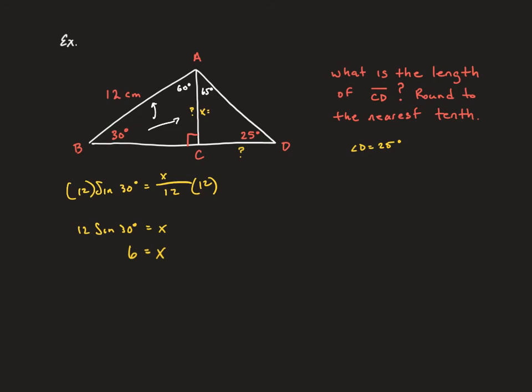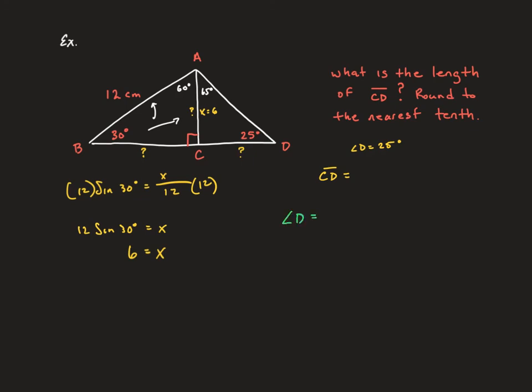So this is going to be 6. Well, now I'm getting closer to being able to figure some stuff out, because I could use the Pythagorean theorem here to figure out this missing value, but I don't need that missing value. I'm looking for segment CD, and I know that that is going to be, if I look at D, going with angle D,